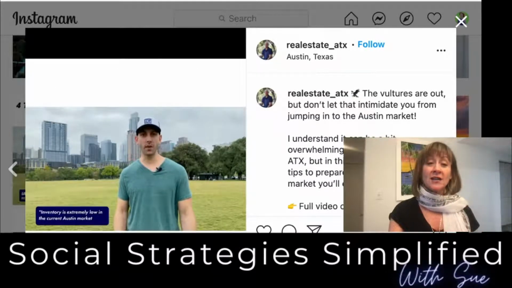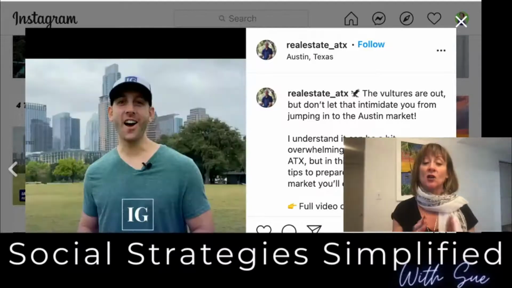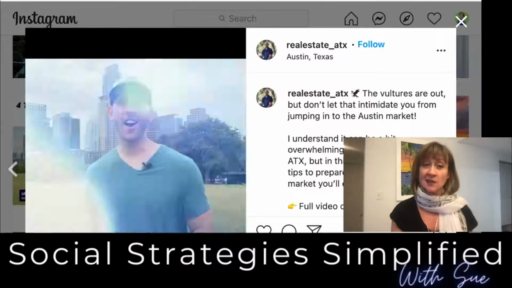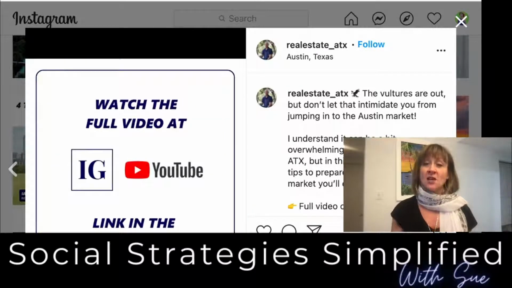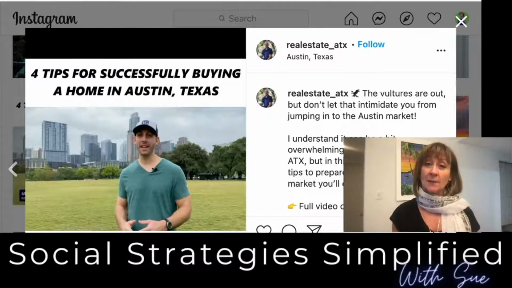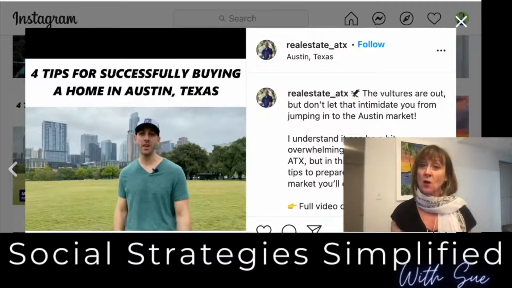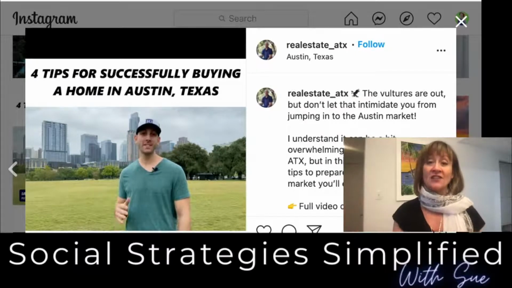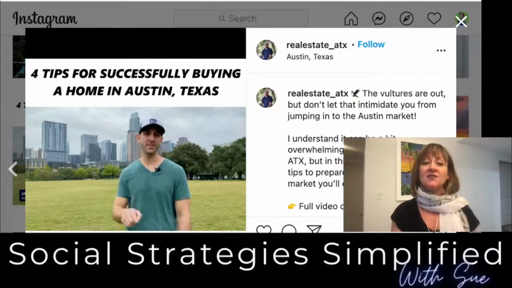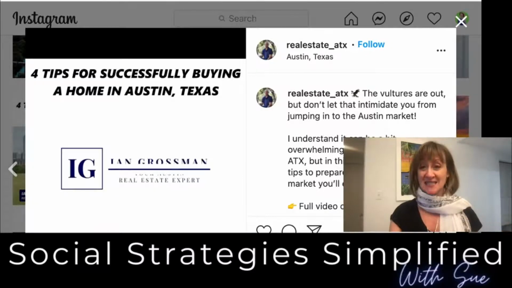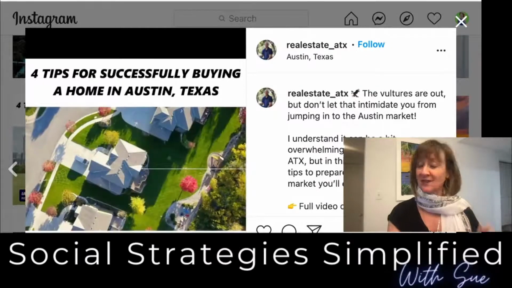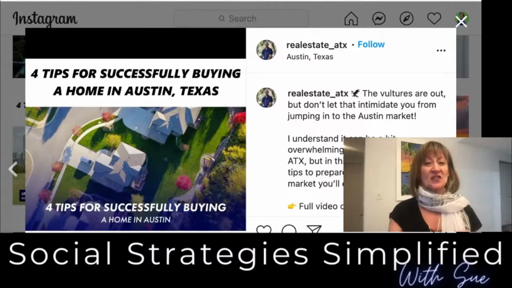So don't worry about all of these things. There are tools like InShot, that you can use on your phone. You can use video editors on your laptop like Wondershare, iMovie. Final Cut Pro is another level of more advanced video editing. All of these tools allow you to do these things that you see in Ian's videos right here.